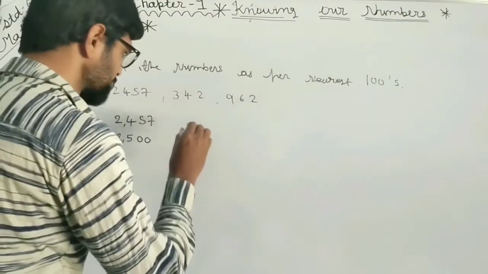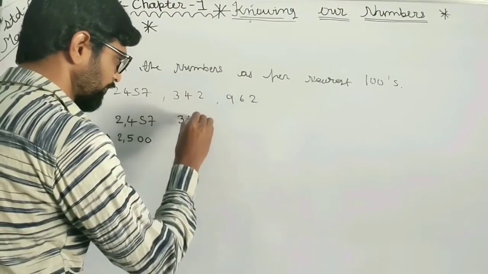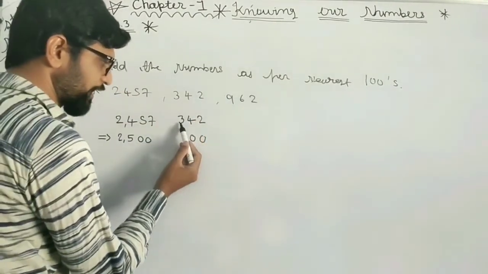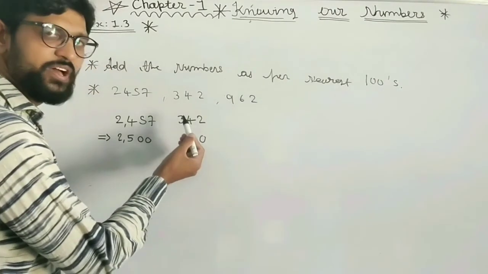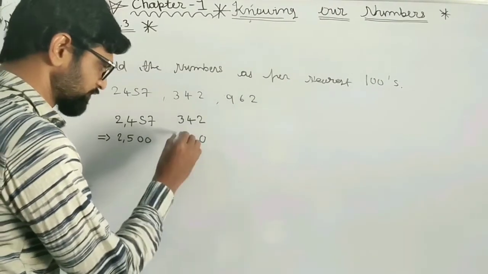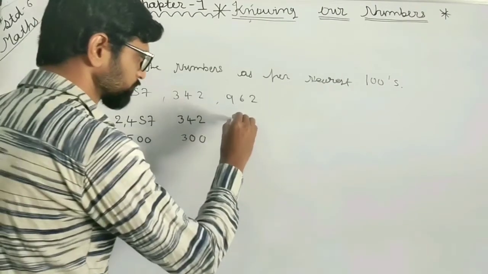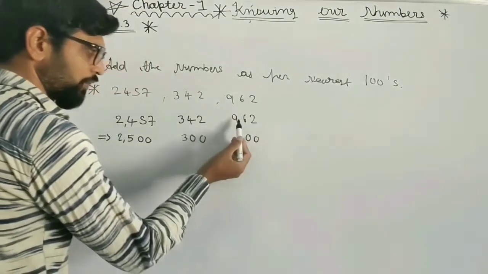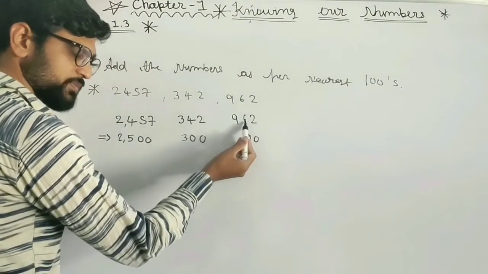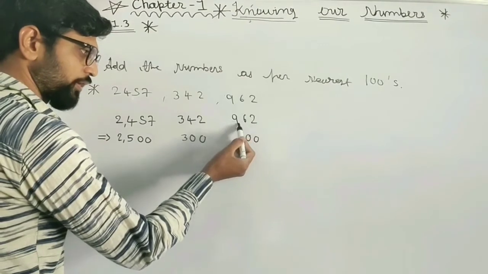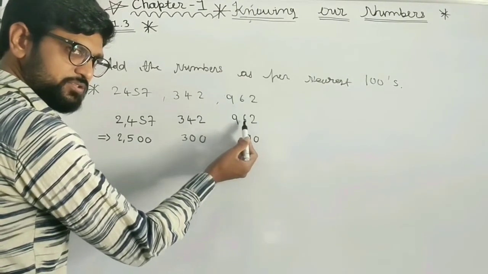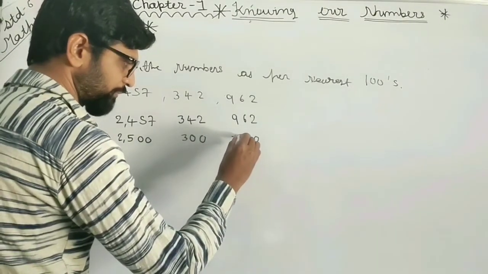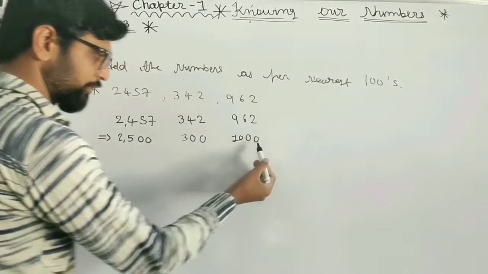Now for this 342, add 2 zeros instead of 42. What is very next to the 3? So here we have to take 3 as it is, no change in 3. Now add 2 zeros. What is after 9? 6. See here, what is after 9? 6. So we have to add 1 to the 9. So I will add 1 to the 9, means 10. So here your answer will be 1000.